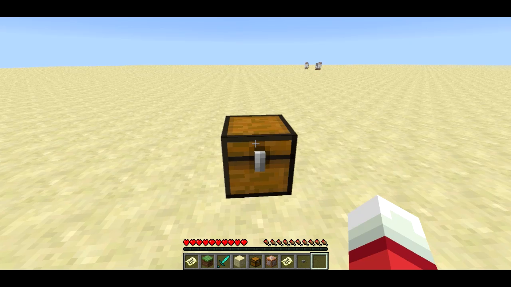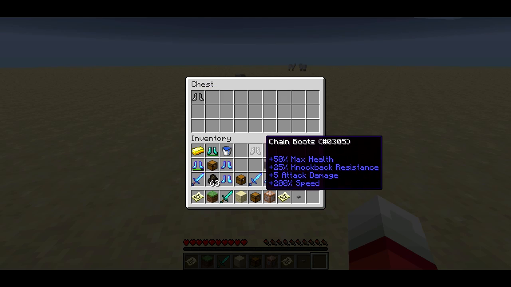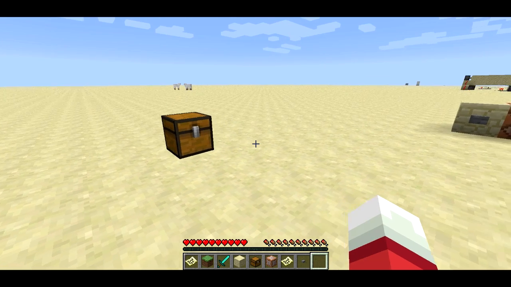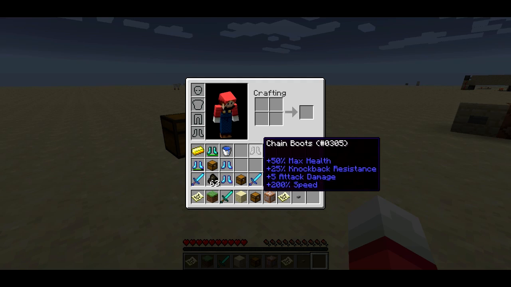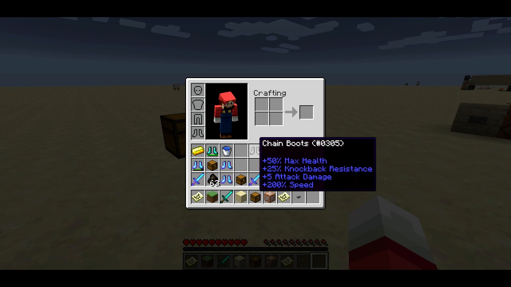Okay, so the last thing I want to show you is actually not from the 1.6.1 pre-release. It's actually something that came in a few weeks ago. It's attribute modifiers. I just haven't made any videos that included it. So here I've got these chain boots, plus 15% max health, plus 25% knockback resistance, plus 5 attack damage, and